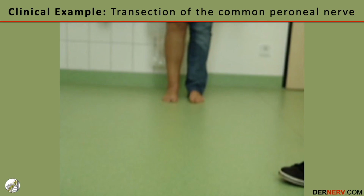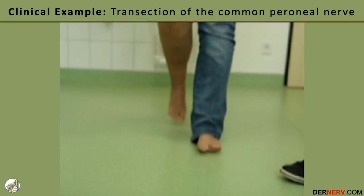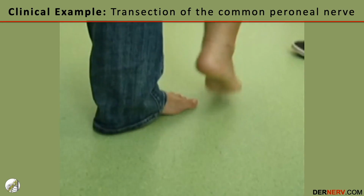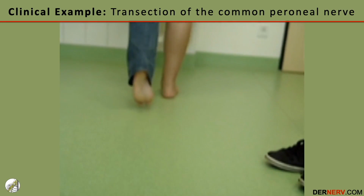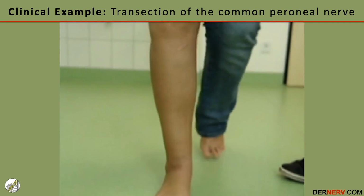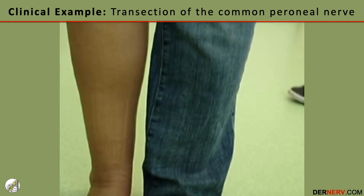This patient incurred a stretch injury to the peroneal nerve, which was also partially transected. You can see the foot drop as the patient walks. Ankle and toe dorsiflexion has become impossible, combined with a less irritating loss of sensation on the dorsum of the